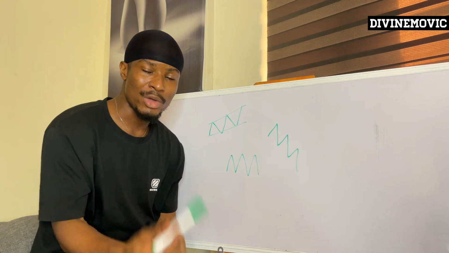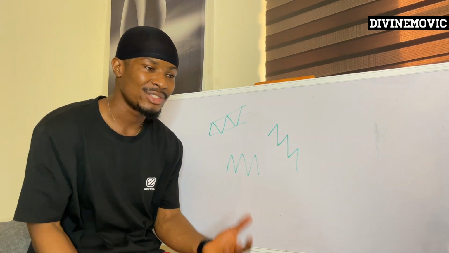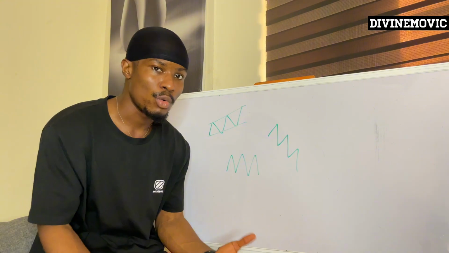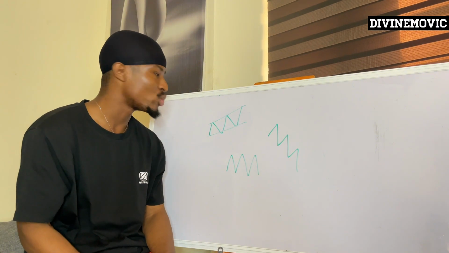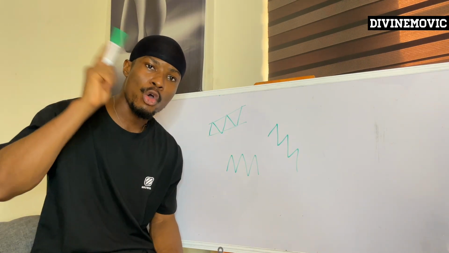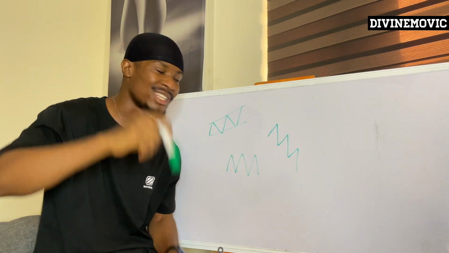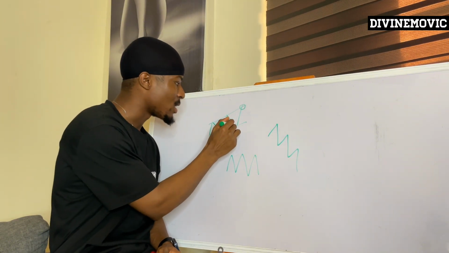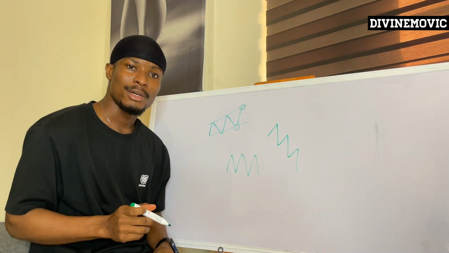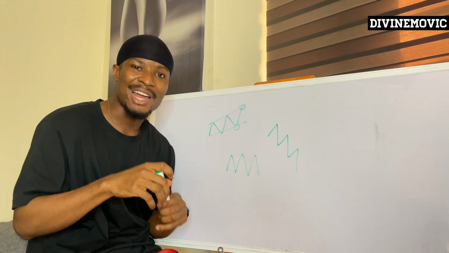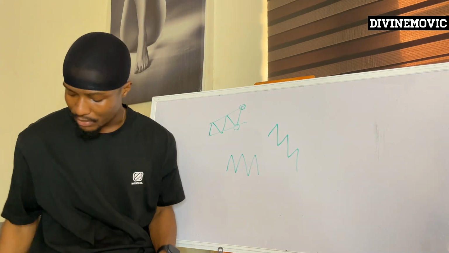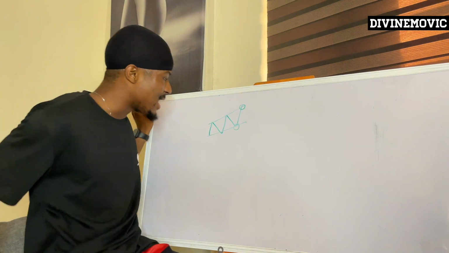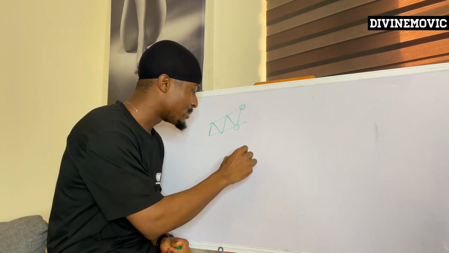If you understand where the support and resistance is and are able to interpret it, then you have done the first part. Now, to identify this key level, what you want to do is understand the points where price reacted from on the support and on the resistance. That means this point here is our resistance key level, and here is our support key level. That's how to identify the support and resistance key level. Now, I don't want this video to be very long, so I'm going to make it very brief and short. Let's say price was simply going to the upside,